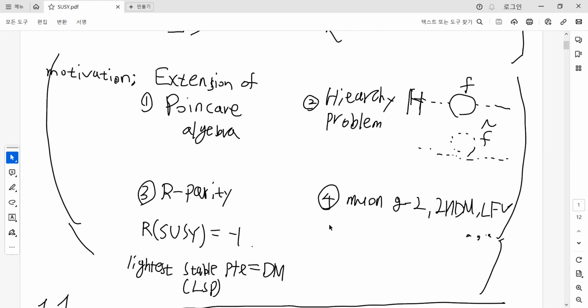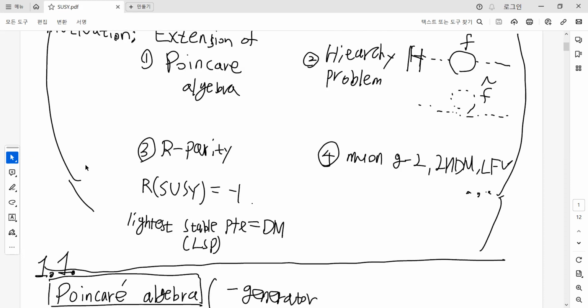And also the muon g minus 2 and the lepton flavor violations can be explained with the supersymmetry theory. Today I will focus on the extensions of the Poincare algebra to the supersymmetry algebra, and